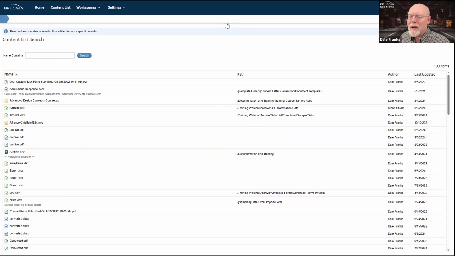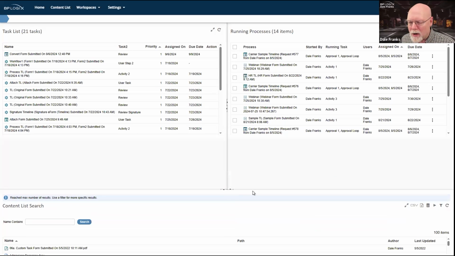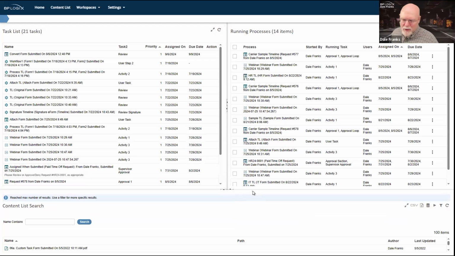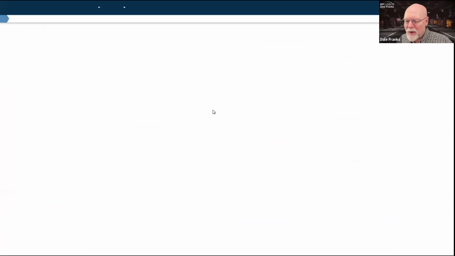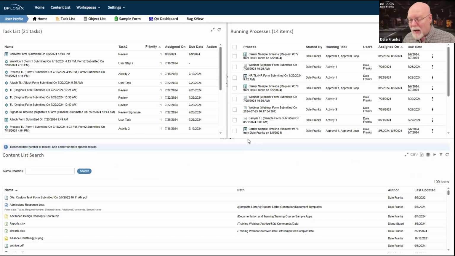And depending on which of these buttons I click, it's going to open up. So we have these divider bars. I can also change these divider bars a little bit. However, when I refresh this workspace, whatever change I've made to the divider bars is all going to go away, and it's always going to reset. Every time I open this workspace or every time I refresh this page, it's always going to reset it to this default sizing and configuration.